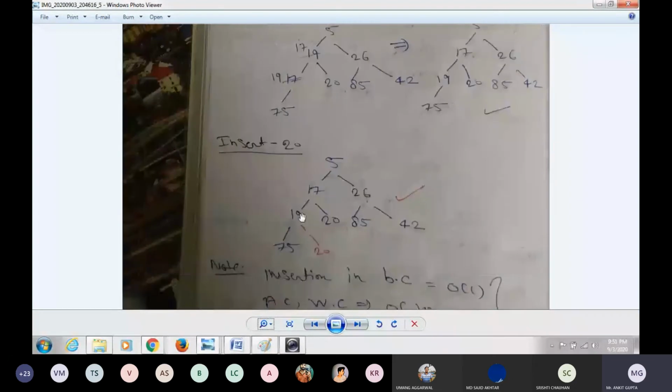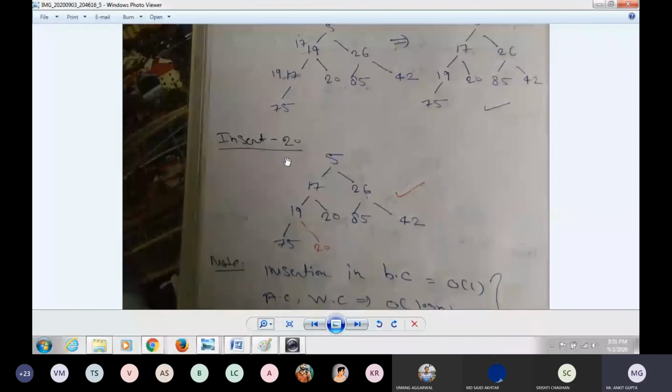It will follow every property of min heap, because for 75, 20 and 19, the root is minimum. It is okay. Then I check again 19, 20, 17. It is also fine. 85, 42, 26. It's also okay. 17, 26 and 5. It's also fine.